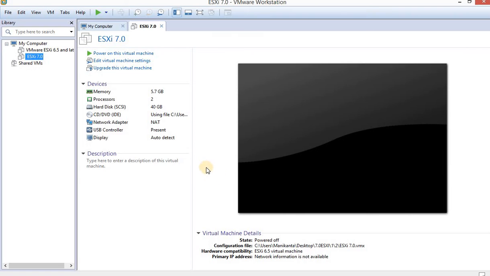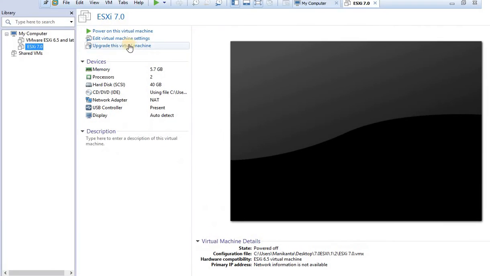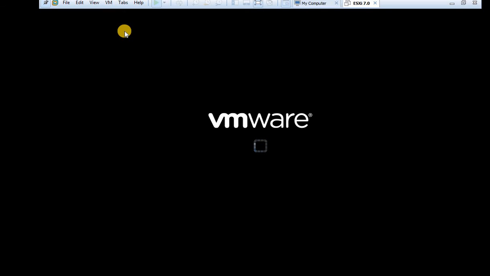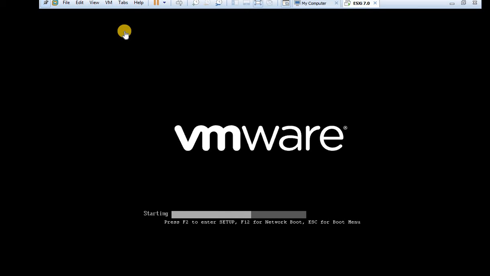And I'm going to power on this virtual machine. The virtual machine is powering on currently. It will take some time to boot.